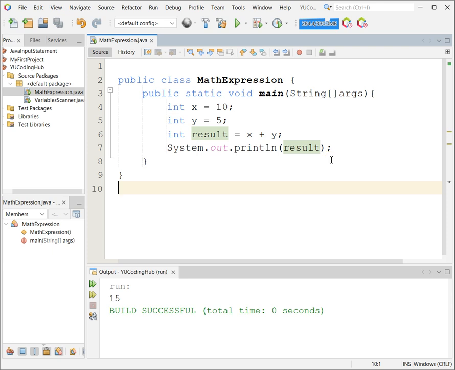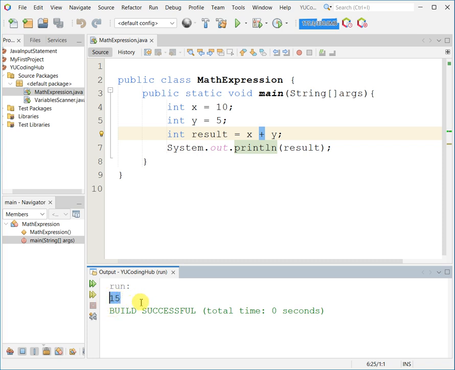Let's start with this basic definition. When you talk about expressions in Java, an expression is simply a combination of variables, values, and operators that produce a result. For example, in this code that you can see on your screen, x plus y is an expression. It combines two variables, x and y, with an operator, which is plus. When we evaluate it, this code will display a value, which is 15, as you can see over here.